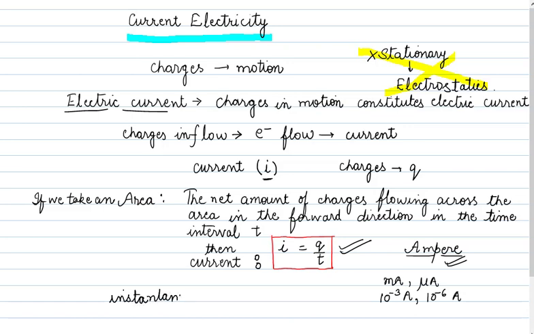Now let us understand this term instantaneous. What does instantaneous correspond to? Instantaneous means at that instant. We are talking about a particular instant at that time. At say t is equal to 2 seconds, or t is equal to 5 seconds, or t is equal to 10 seconds, or t is equal to 12 seconds. So at that instant, whatever time we are given, that is the instant. And if we need to calculate the current at a particular time, at a particular instant,